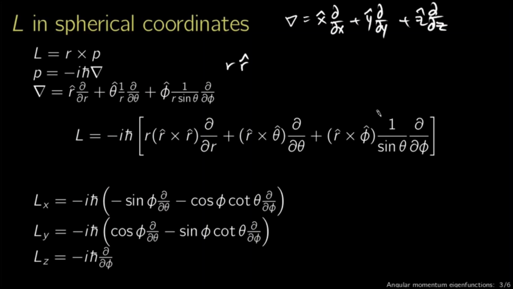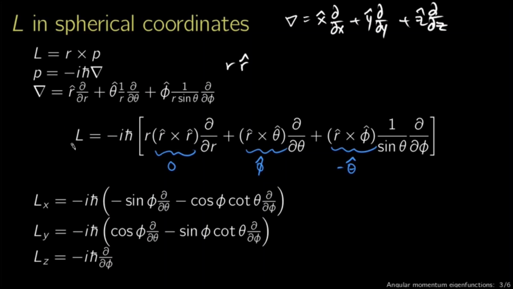Likewise for phi. There was a 1 over r here as well. This can be simplified slightly. You know that r cross r is going to be 0. The cross product of any vector with itself is going to be 0, since the cross product depends on the angle between the vectors. They have to be pointing in different directions. R cross theta is going to give me phi hat, a unit vector pointing in the phi hat direction. And r cross phi is going to give me minus theta hat, a unit vector pointing in the minus theta direction. You're therefore only going to end up with two terms, and that will be our angular momentum